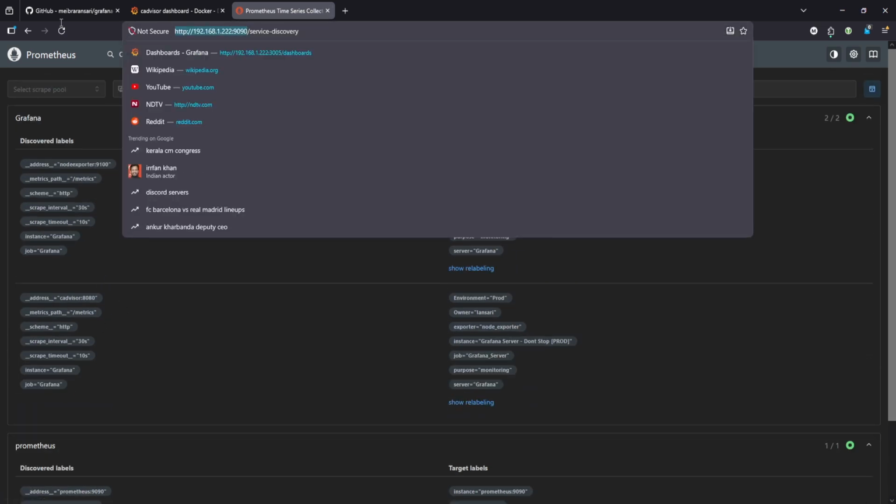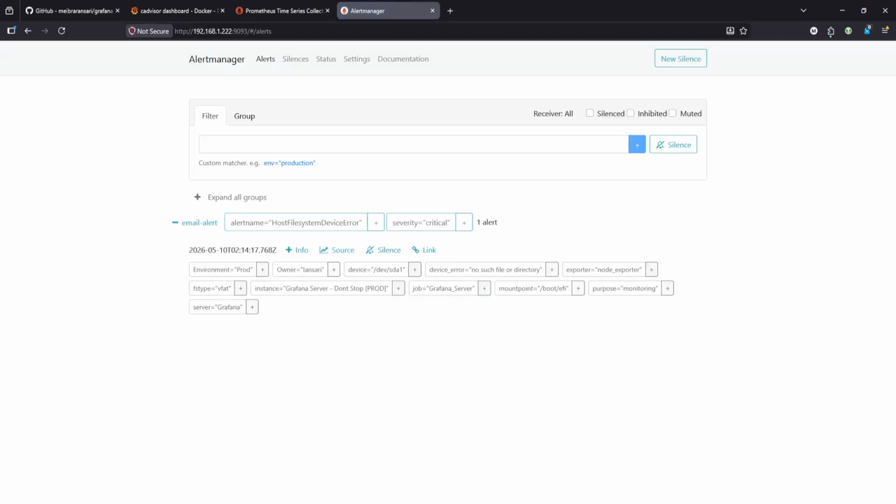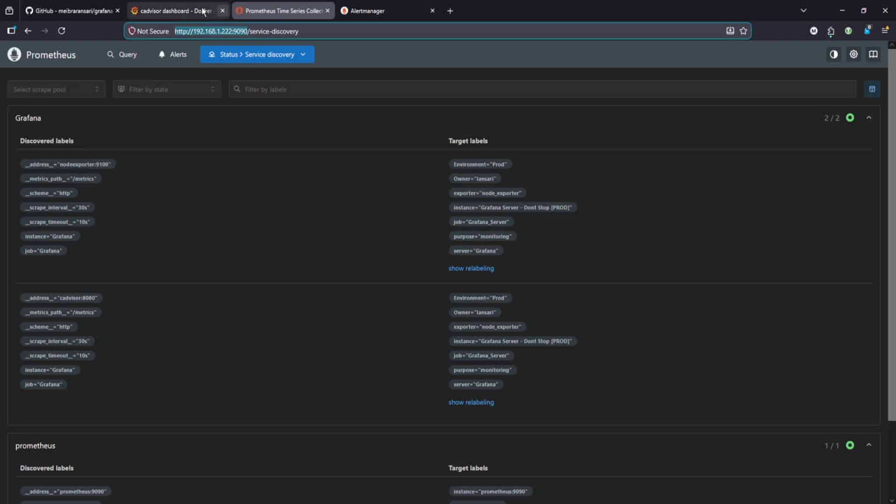So the next component is the Alertmanager, which is running on port 9093. Once you go here, you can see some alert is running: /dev/sda is not found, no such file or directory, and node exporter is throwing the error. No problem, we will solve it. Okay,